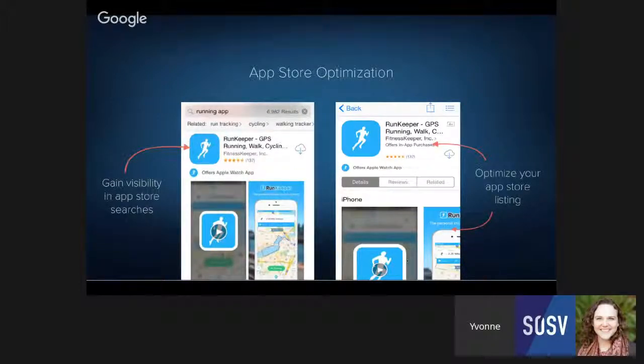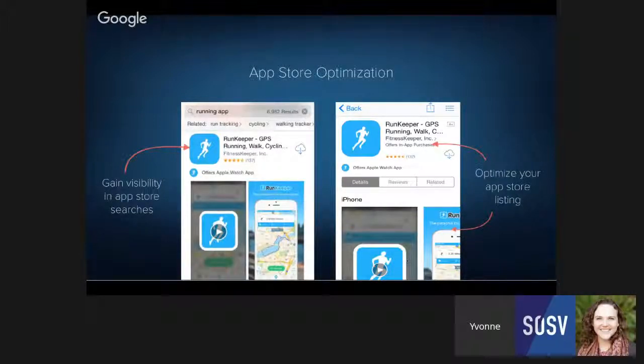Localytics is not an App Store optimization company, but we do recognize that it is important. We partner with companies that focus specifically on optimizing the app stores and downloads. And the main thing that I want to note here is that it's important to focus on App Store optimization at the end of the day. It's something that a lot of companies and apps that we see in the market actually do wrong.